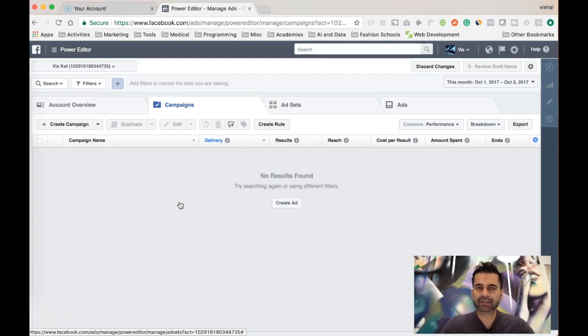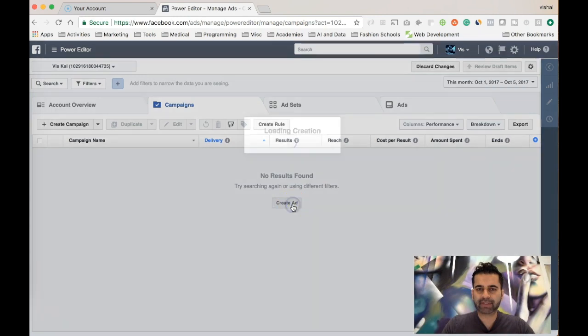Make sure you have set custom conversions on at least 5 pages. Have your competitor research done, and also create your customer persona, because those things will be very handy when you're creating your ads. So let's start setting up our first ad campaign. So you click on create ad,